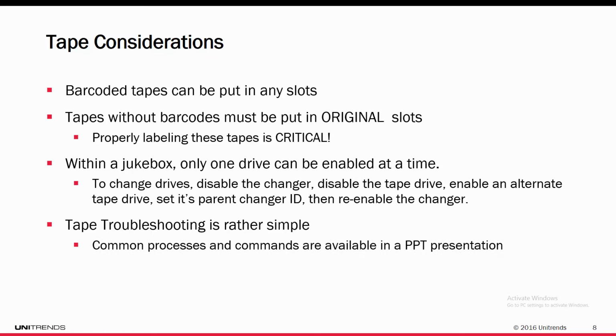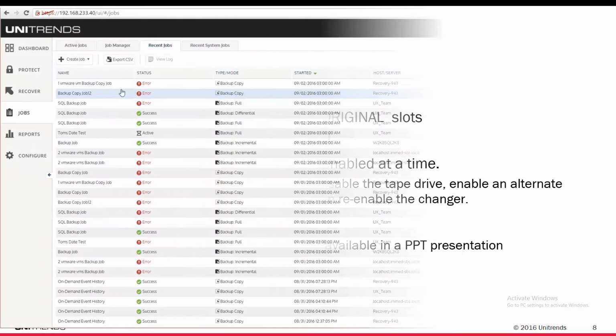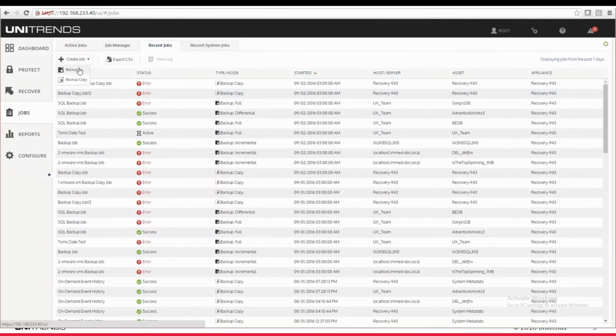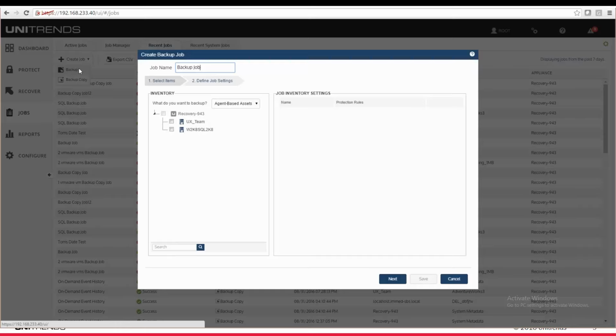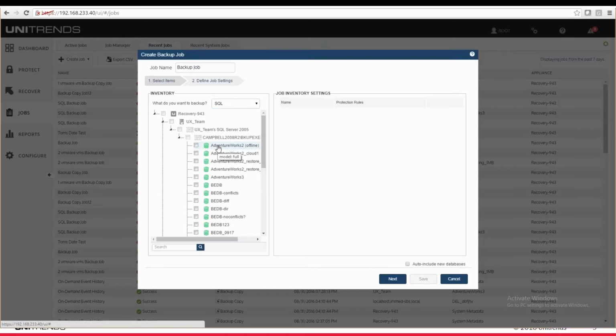There's a bunch of other new features to review, so let's see a few of those. Next, we'll look at a simple new feature. We can now mouse over to see backup types supported by database and VMs. This is huge. Now, opening a new backup job is where this is seen. So selecting a SQL backup type and locating a SQL database, you can now easily see which databases are in